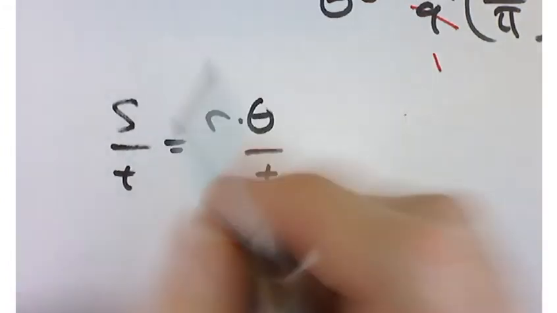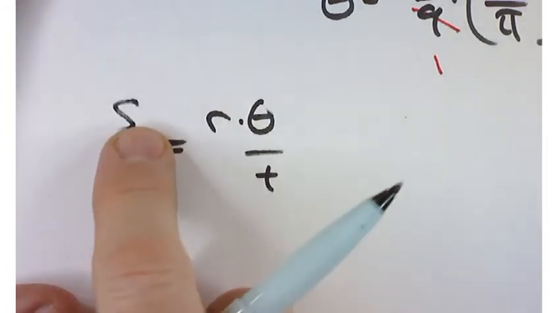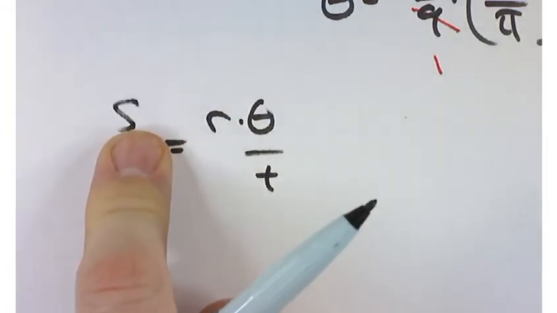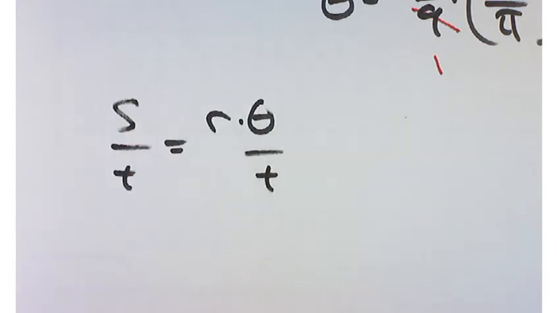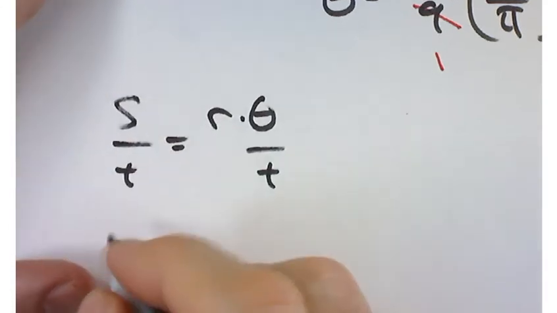Now, earlier I said that S usually stands for distance. What's another way of thinking of distance divided by time? What's that give you? Anyone remember? Distance divided by time? Yeah, it gives you your rate of speed. It could be your velocity, all right? So we'll call that V for velocity